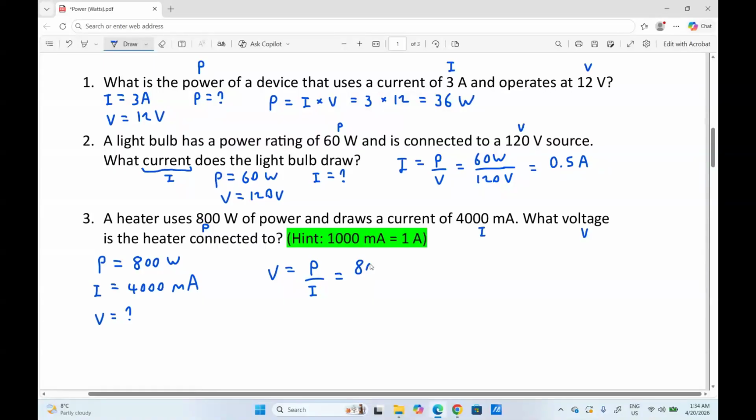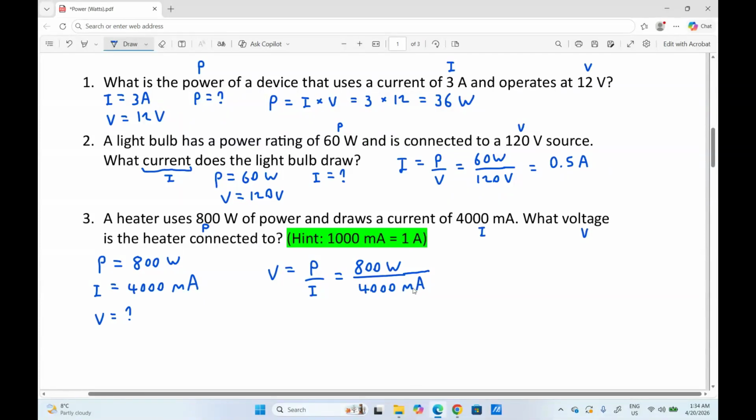My power is 800 watts, and my current is going to be 4000 milliamps. Now, however, I can't just divide 800 by 4000 because my current isn't in my base unit,